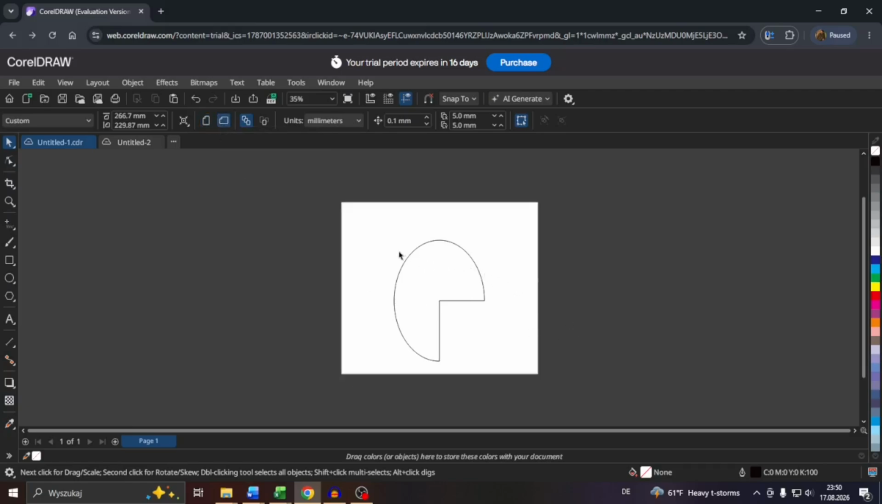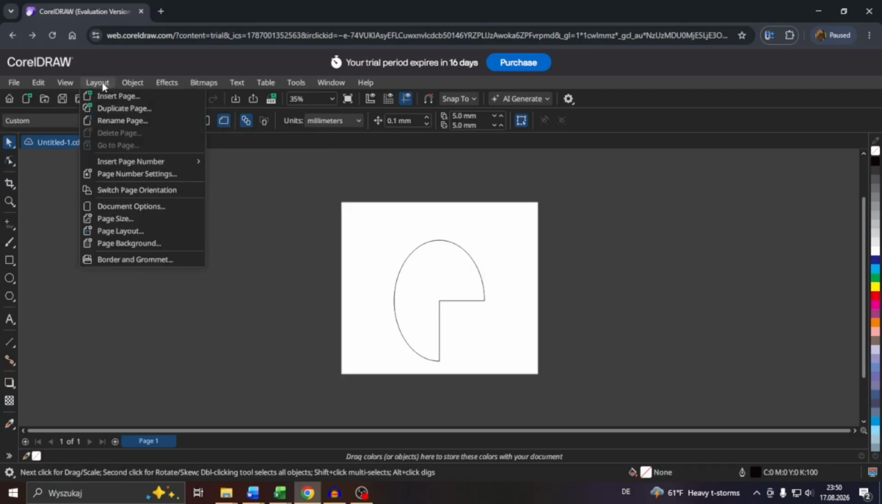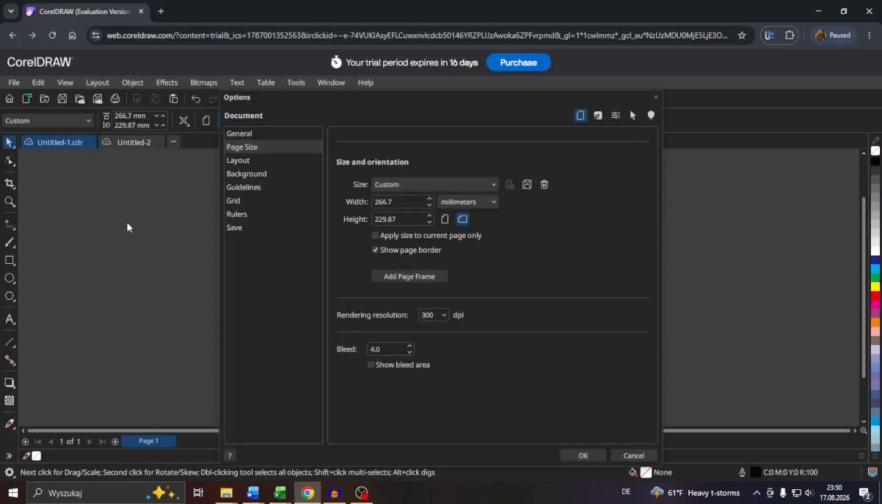Or alternately, you navigate to layout, navigate to page size here, and here what you want to do guys is navigate to page size here, and you can choose between again portrait or landscape, and you can accordingly also change the width and height of the document here using these plus and minus buttons. That's how you change the page